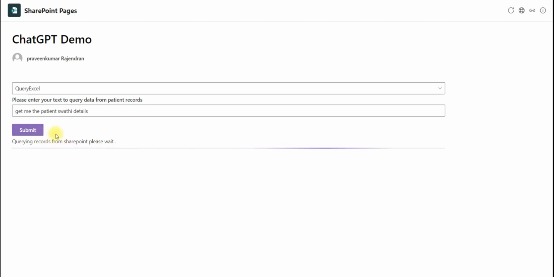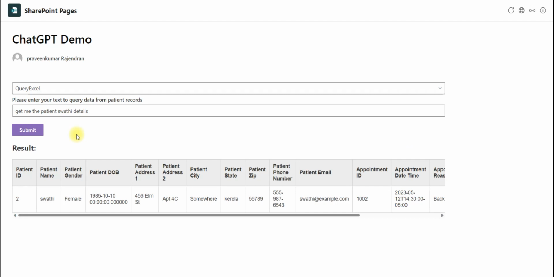So on click of submit, this will call the Azure function Python. So the Azure function Python will process the data, and based on this natural language text, the ChatGPT will convert this natural language to a SQL query. Then the Azure function will use that SQL query and connect to the SharePoint and store the Excel information in an in-memory SQL. And with the help of this SQL query, it will fetch the details from the in-memory SQL